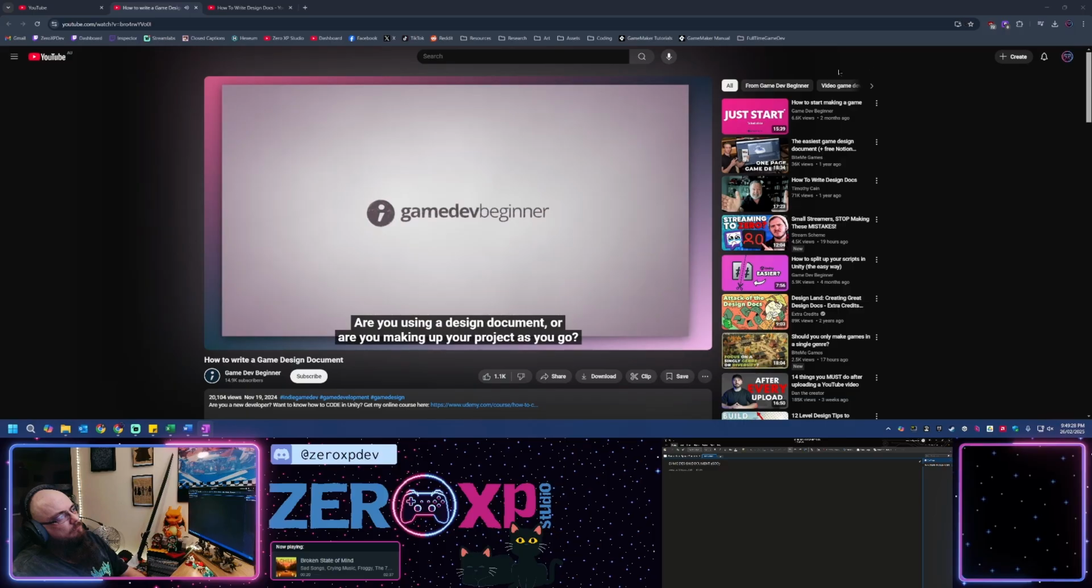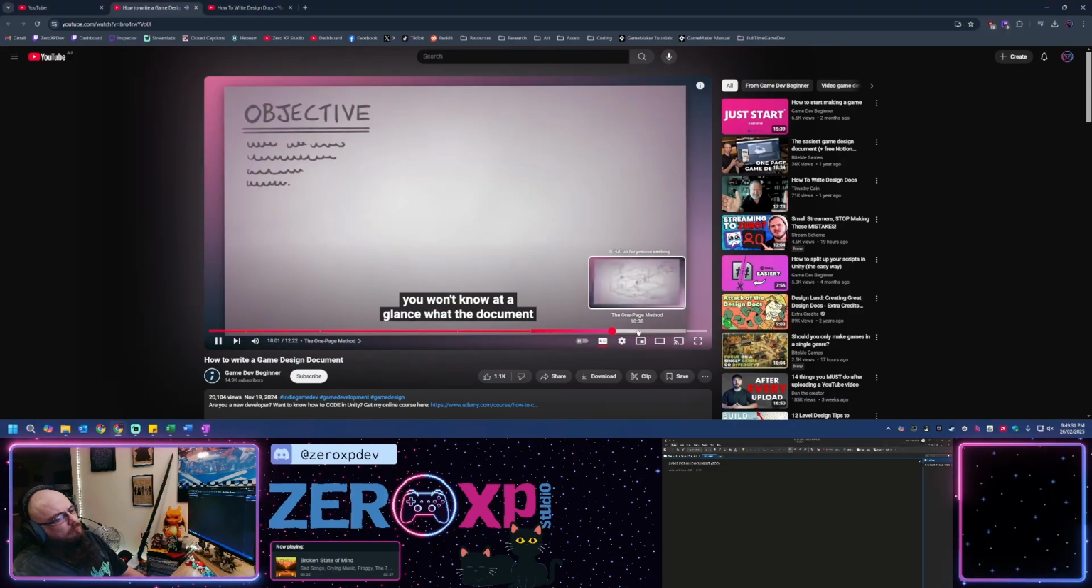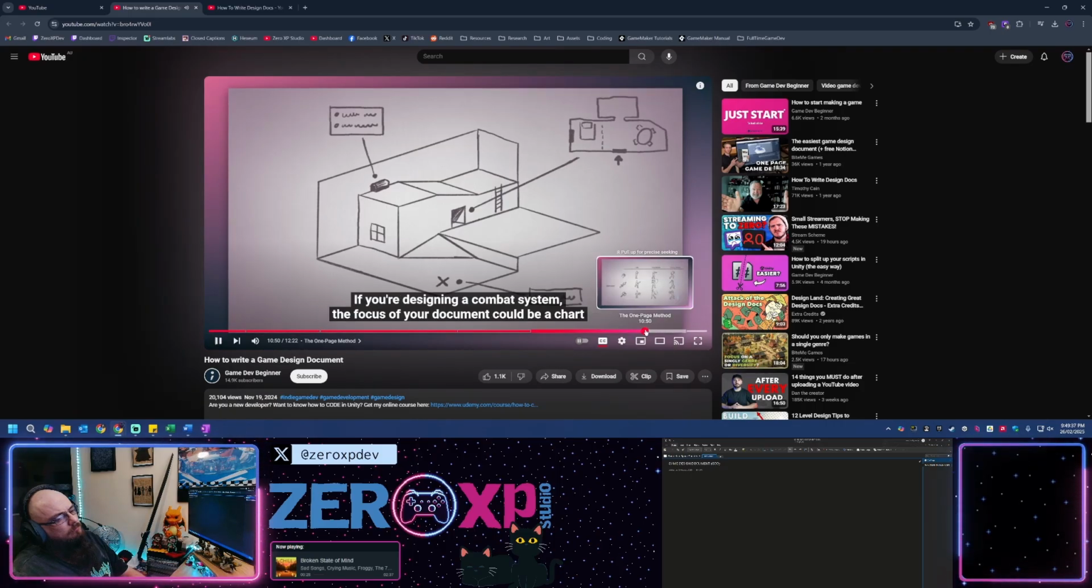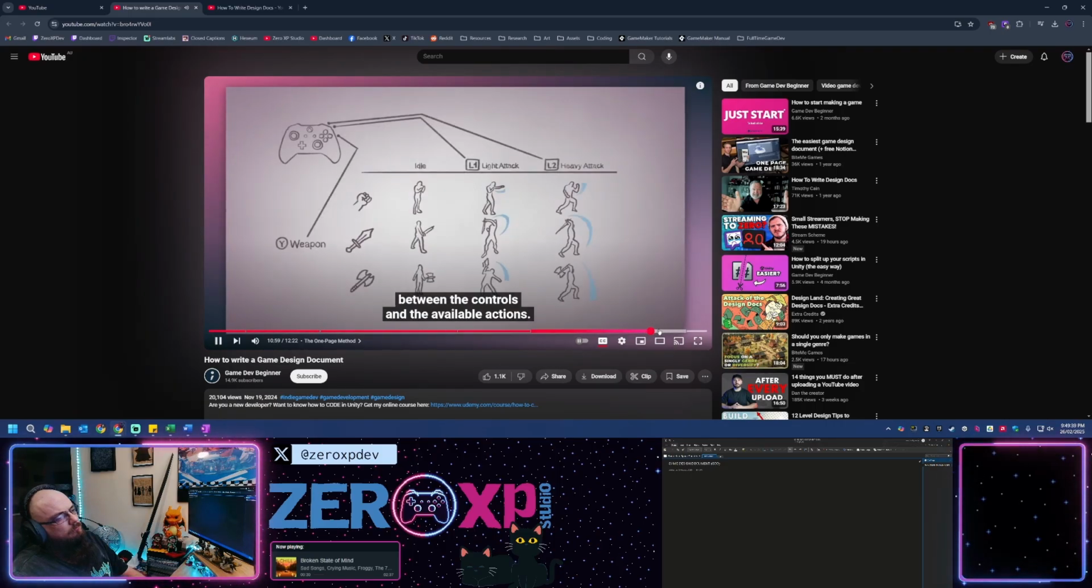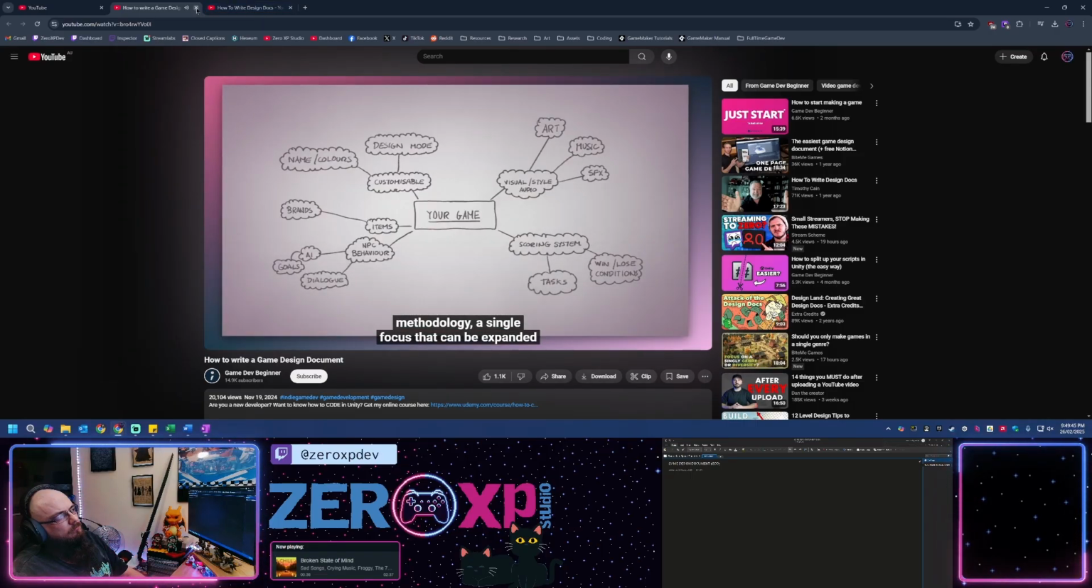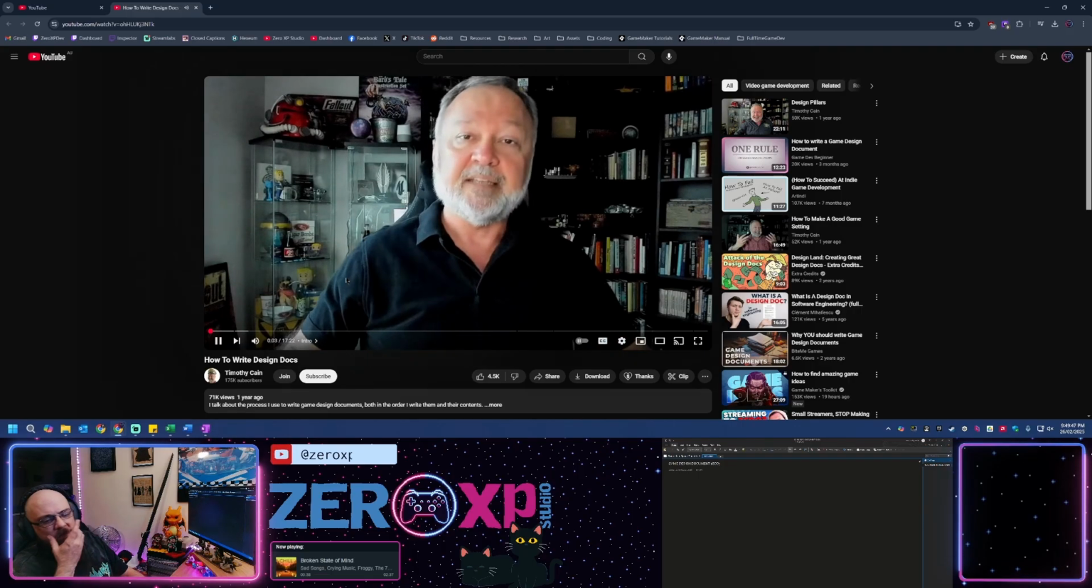Are you using a design document, or are you making the document is going to contain typically callouts to pinpoint items, routes, or enclosed areas which themselves can be art that shows the different move goals and be a small page, if you follow the one-page methodology, a single focus that can be